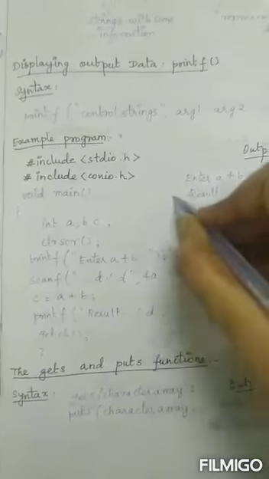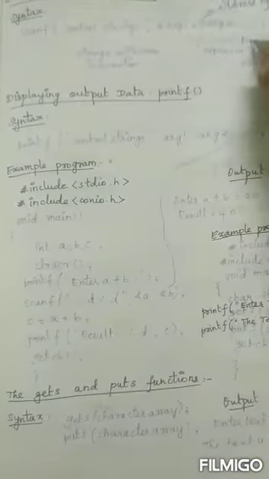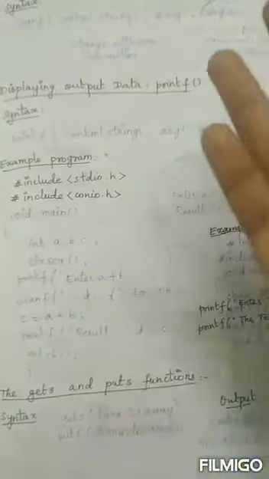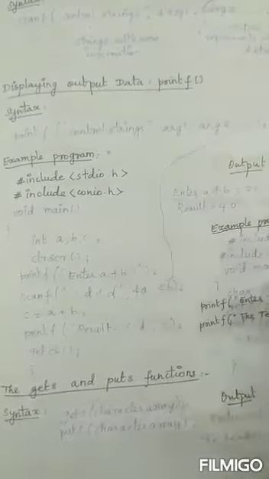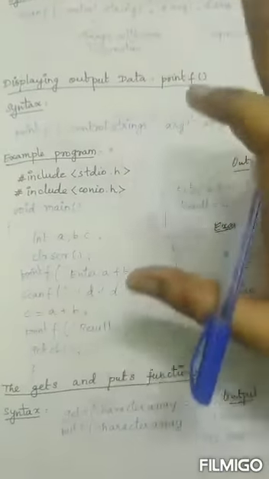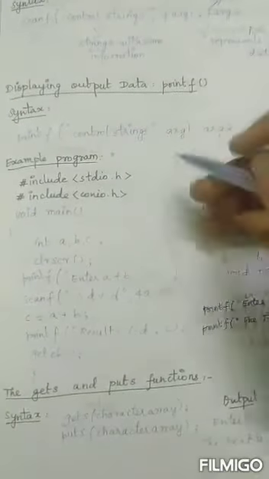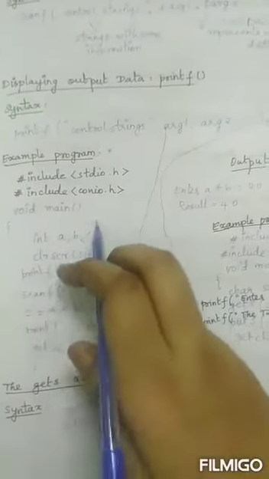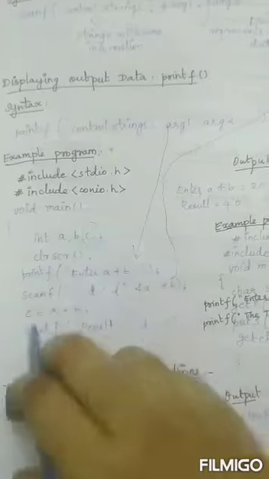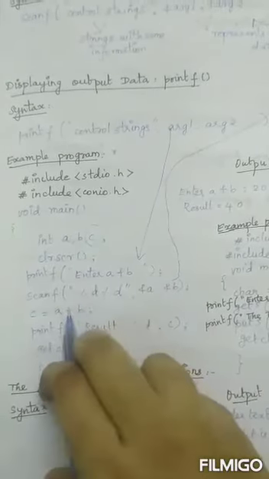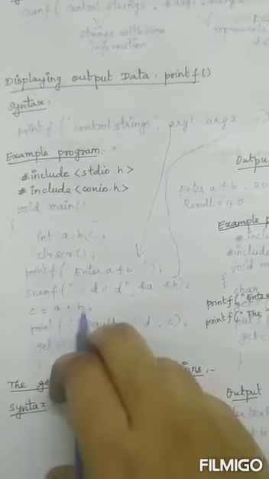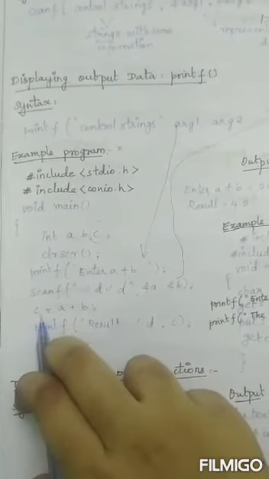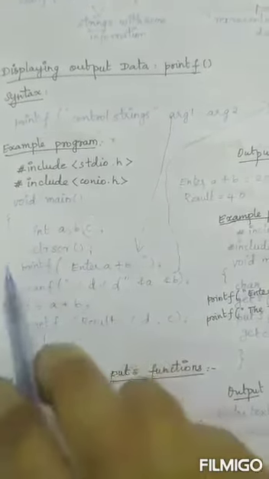Now you can see this is similar to the syntax. This syntax represents how we are going to write it in a program. And this printf statement also we can see. Next, this C variable is remaining. In this C variable I am going to store the sum of A and B. That answer is stored in the variable called C.